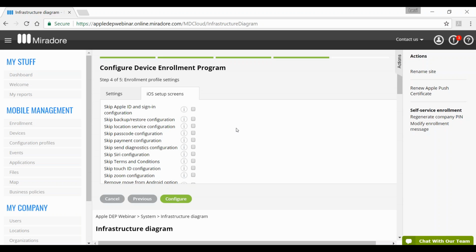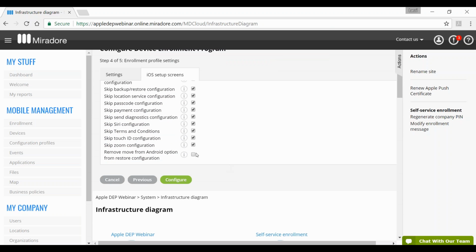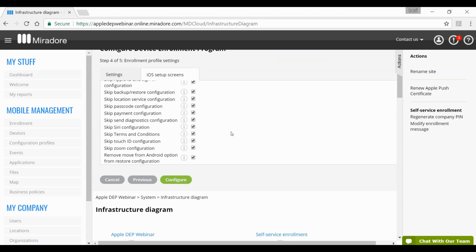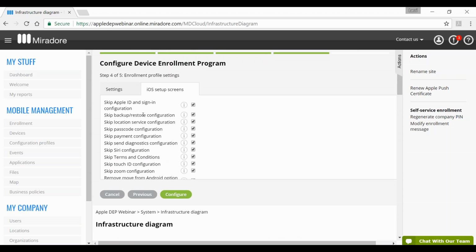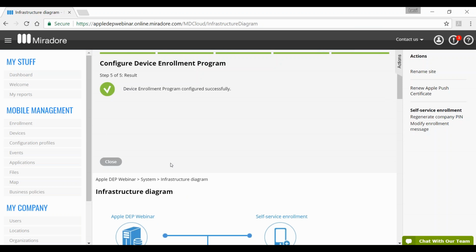But if you want to disable these options, you can just select which ones you don't want to see. Let's, for the demonstration, skip everything. I believe you know how the setup normally goes. There are lots of these questions, but you can make those be skipped, so the end user doesn't need to select things at all.